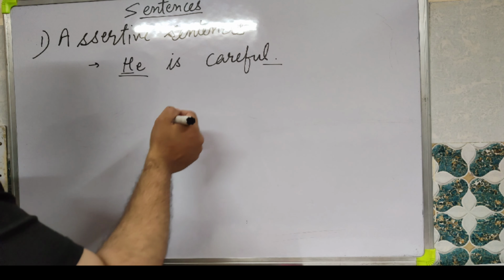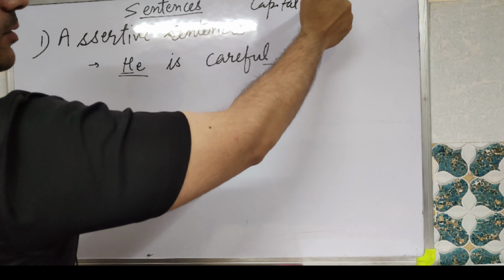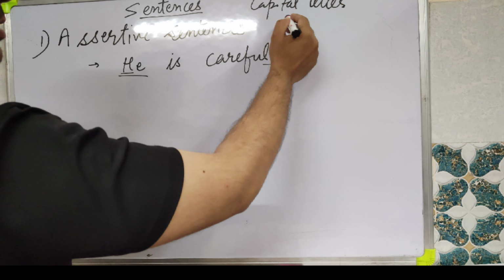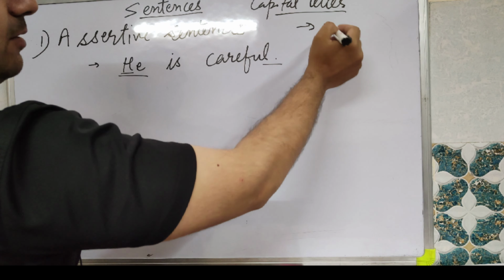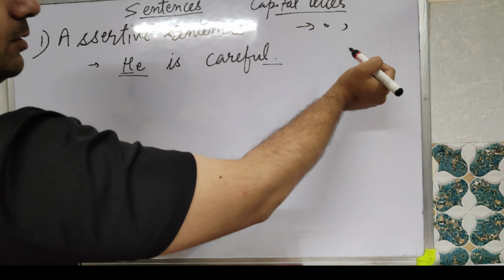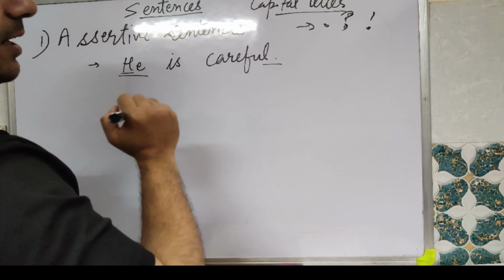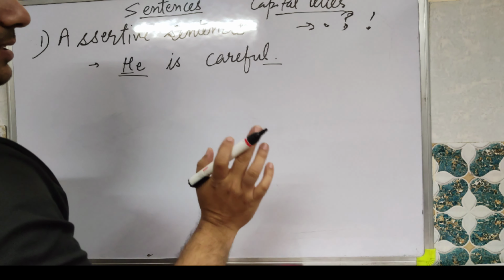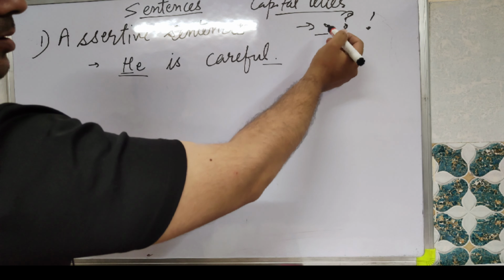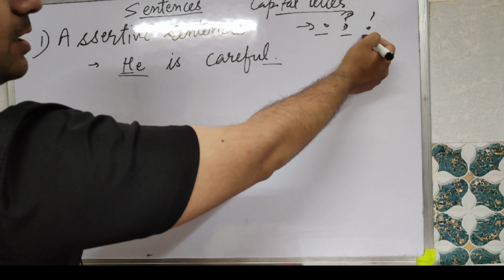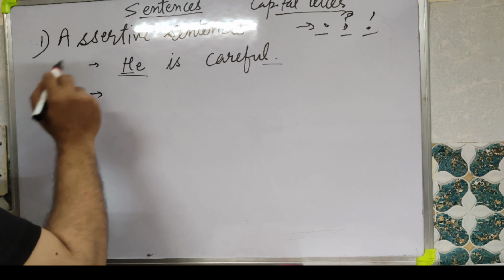To make the sentence proper, it should always start with a capital letter. Okay. It always starts with a capital letter and it always ends with a full stop, or with a question mark, or an exclamation mark. So just make sure that a sentence always ends with a full stop, question mark, or an exclamation mark. Let me just give you one more example of